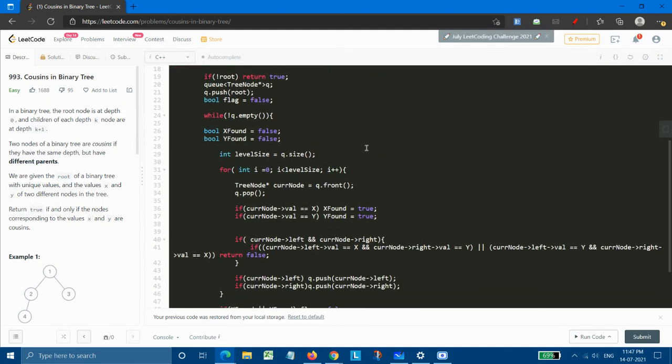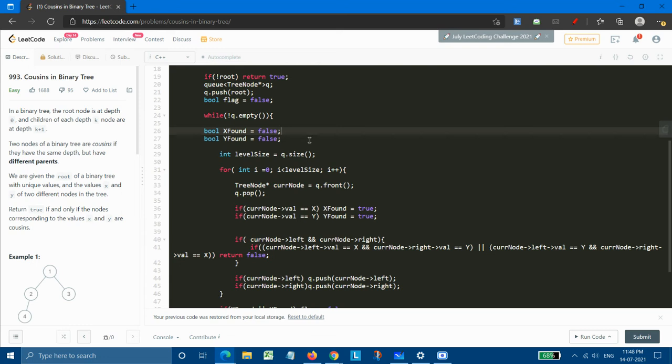And next, we are doing the traversal part, that while the queue is not empty, at every moment when our loop runs, our xFound and yFound variables will be reinitialized to false. And why are we reinitializing them to false every time? Because we need to check for new nodes at the new levels.